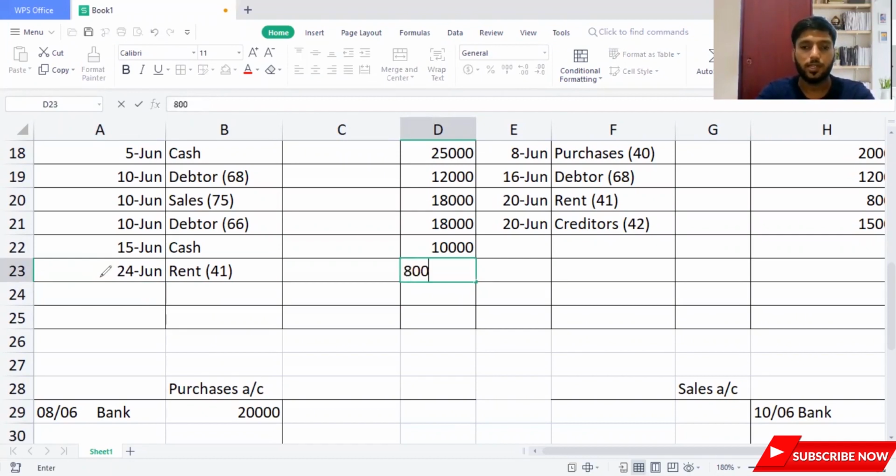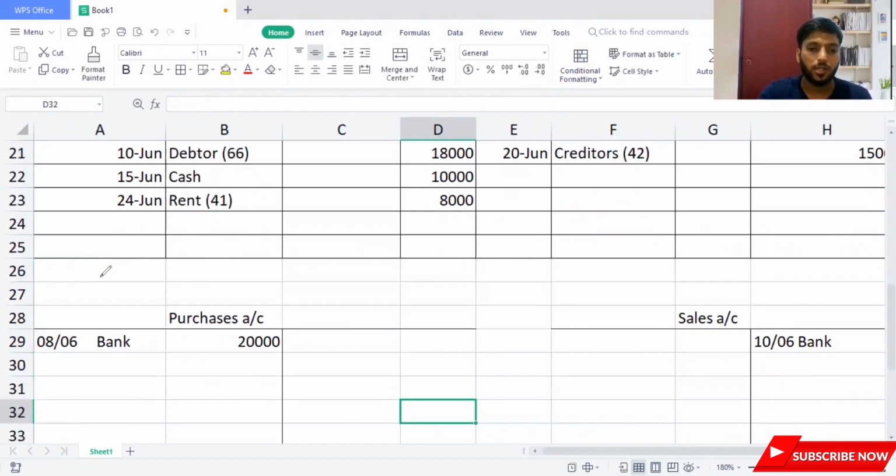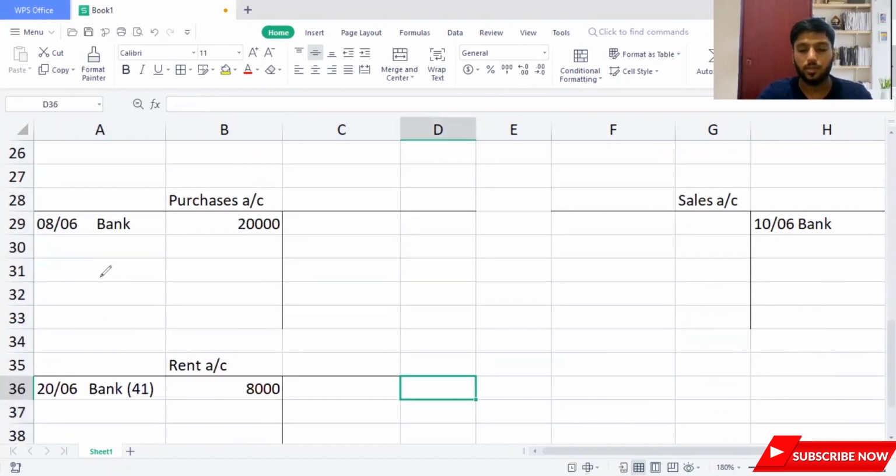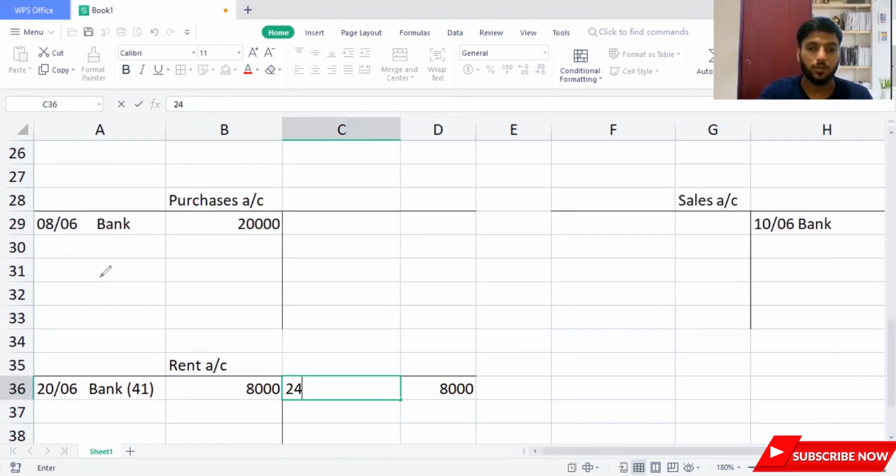So here I'm writing 8,000. Sorry, not 80,000, 8,000. Then I'm moving on to the rent account, and I'm writing the same thing because now you have not actually paid, the check bounced. The check doesn't have a value. 24/6. You need to do the vice versa. 41. So the adjustment on date 24 is also recorded. Easy as that. So we have recorded the basics of activity 1.